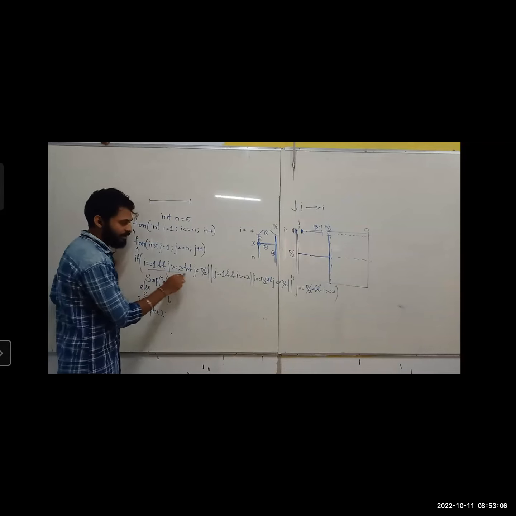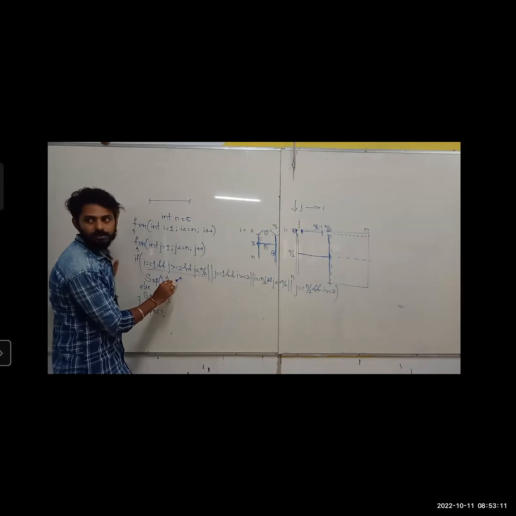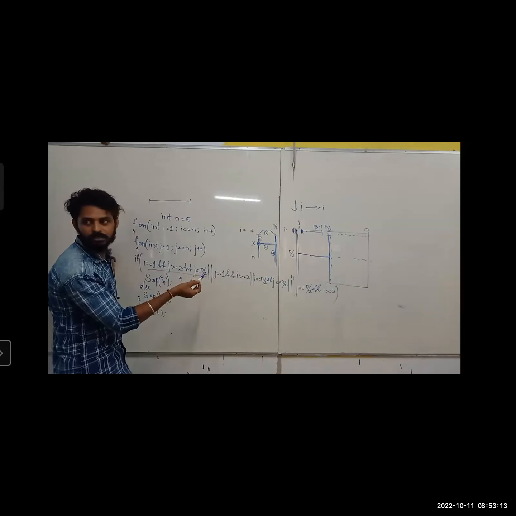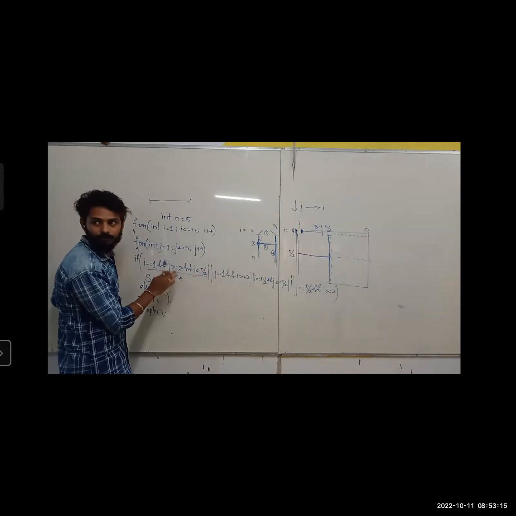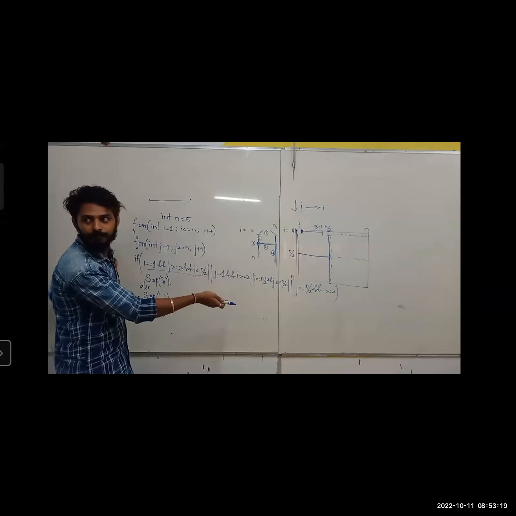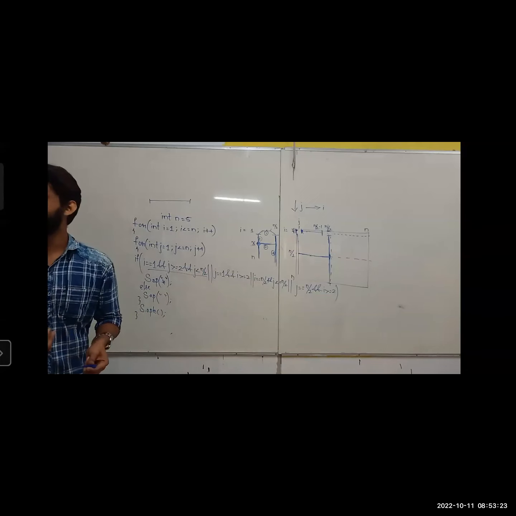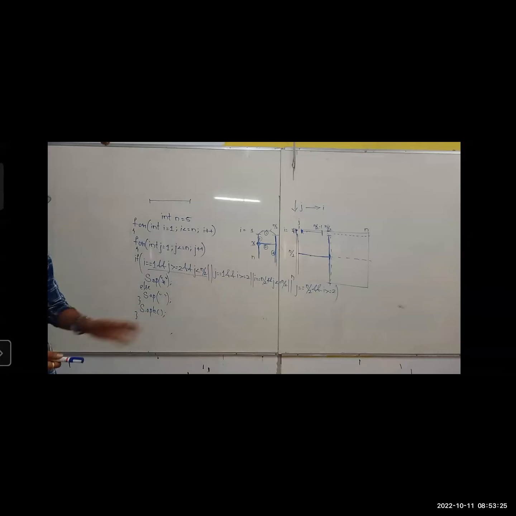If this condition is true, and it has already printed this, then it will not check for others, because it has already printed for one case. But assume that here it is not true. It will check if it is printed or not. If it is already printed, then it will not print. But it will check the conditions. I will not say that it will not check. It will check, but if it is already printed, then it will not print. If it is not printed, then it